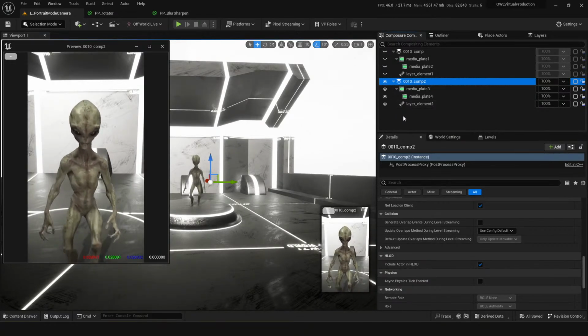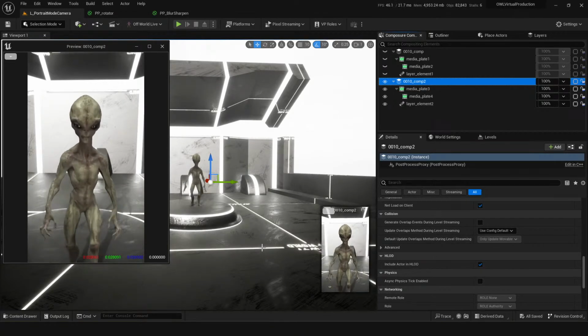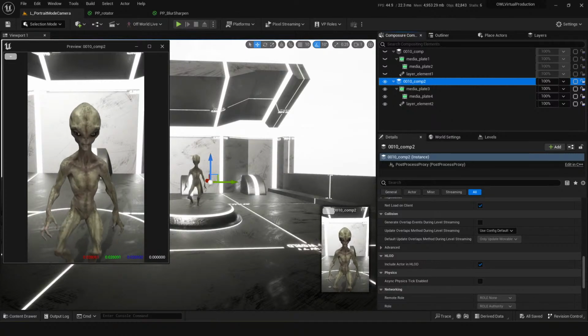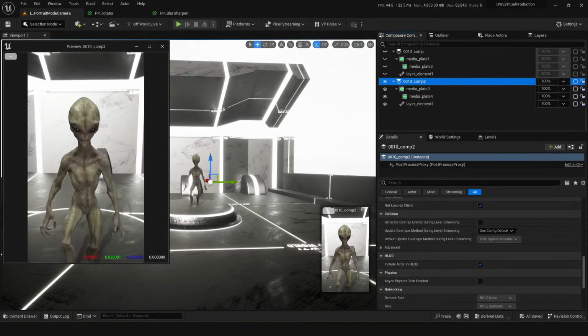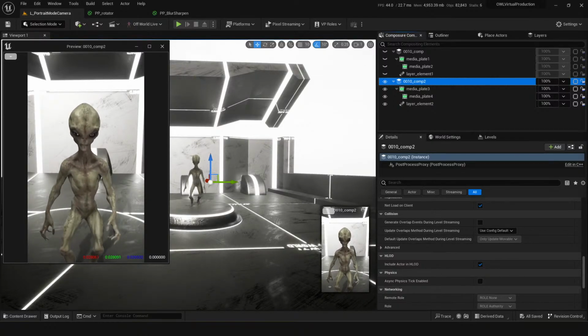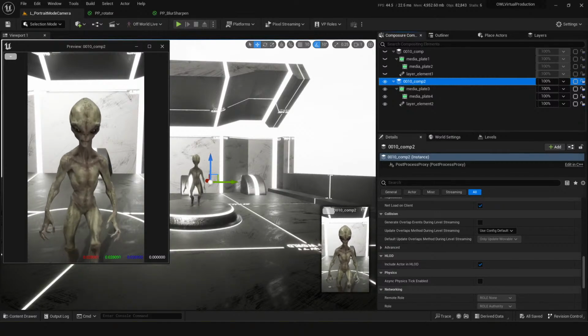The thing we want to do is also put the guests into whatever kind of environment.